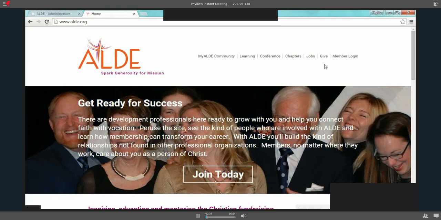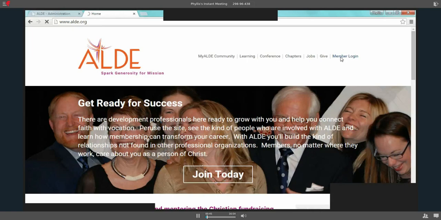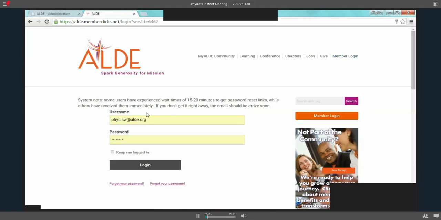So first of all, the important thing is to see that member login, and if you don't know your username, it is generally speaking the email address that we have for you on file. The nice thing now is that you set your own password, and we really aren't able to see what that is. So you would want to use forgot your password or forgot your username if either one of those two are important. So you log in,